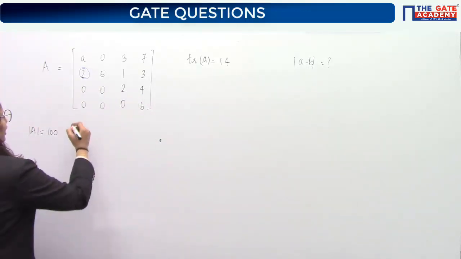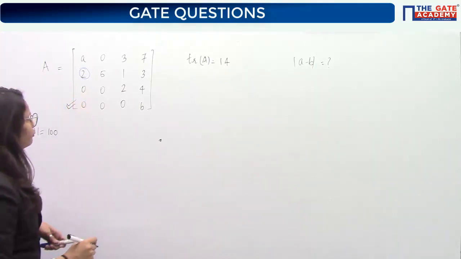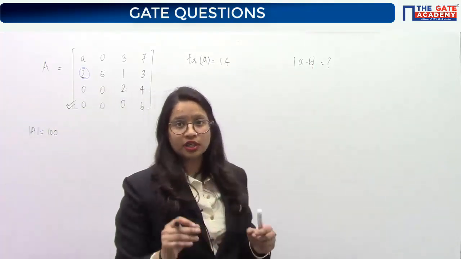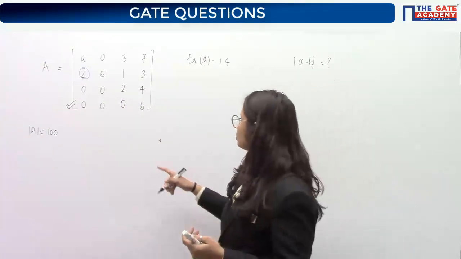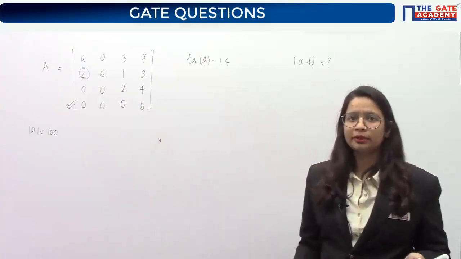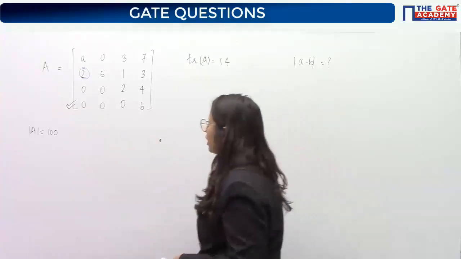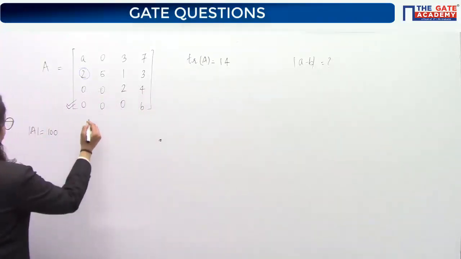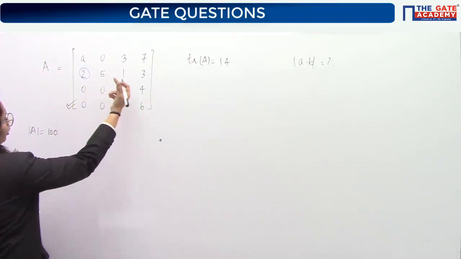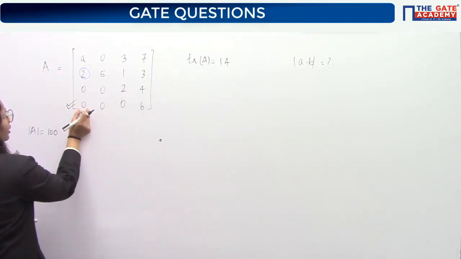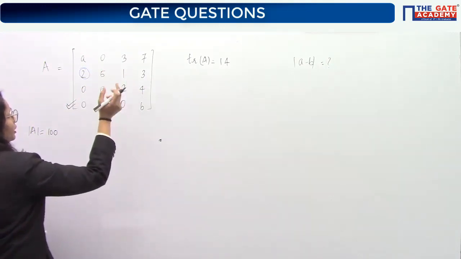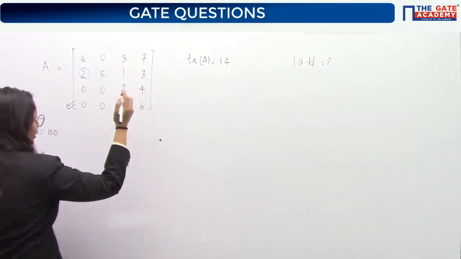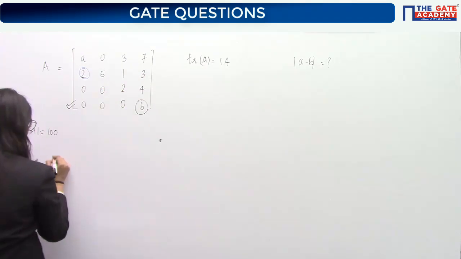Now what will I do? I'll choose this row. I have told you if there is a higher order determinant, choose a particular row or column in which there are maximum zeros. So I'll choose R4 and I'll do the determinant expansion along R4. And what will I say? It is the product of the element with the cofactor. So element 0, cofactor multiplication 0. Again 0, multiplication 0, 0, multiplication 0. Only this will give you the value.